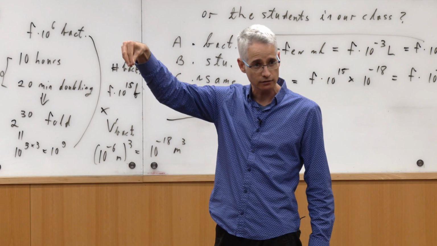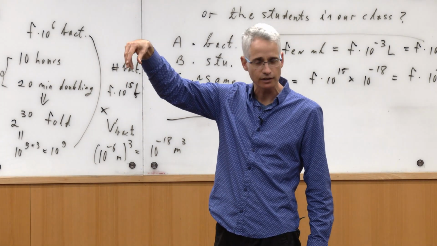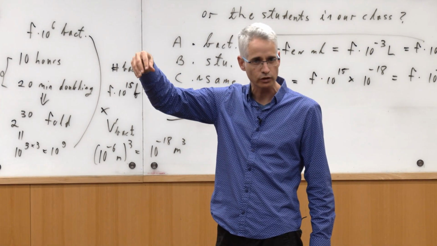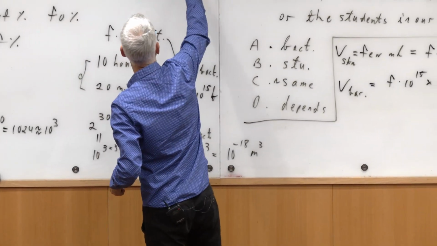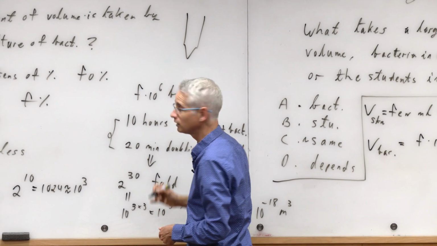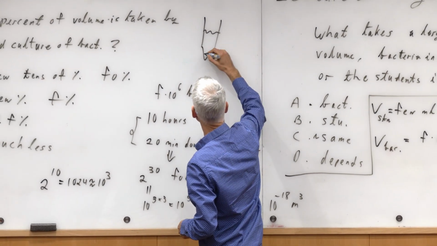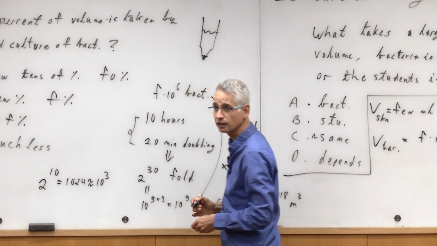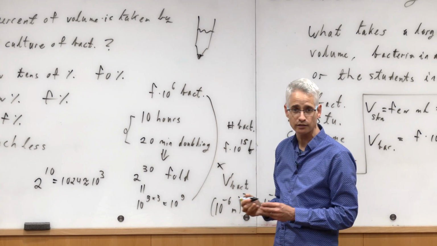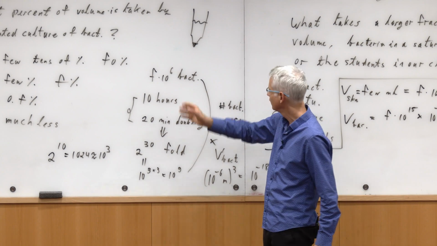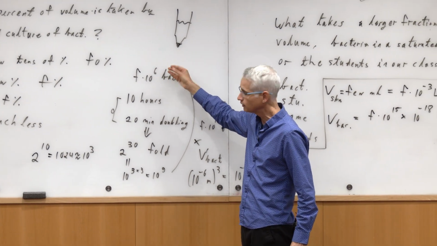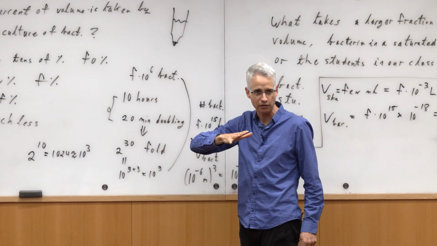One is this: look, it's about 1%. By the way, I think it depends. It could be somewhat less, because usually you grow it in these flasks that look like this, and you fill it to here, and then you see the bacteria here. And this looks like 1%. But then it's hard to say whether it's 1%, 0.1%, etc., also because of the conical shape. But you'll get roughly the right thing.